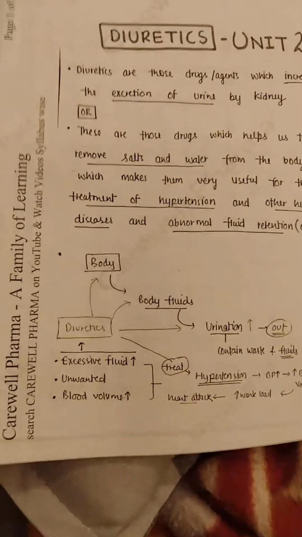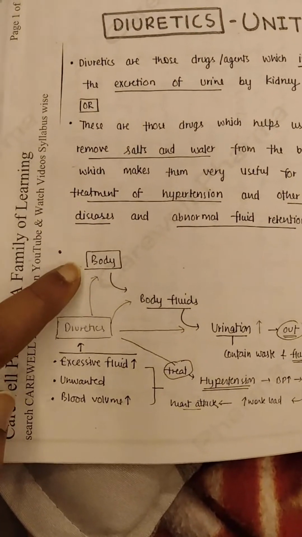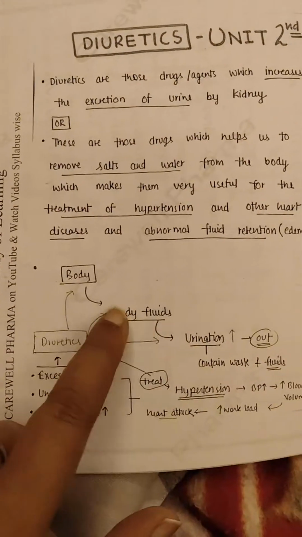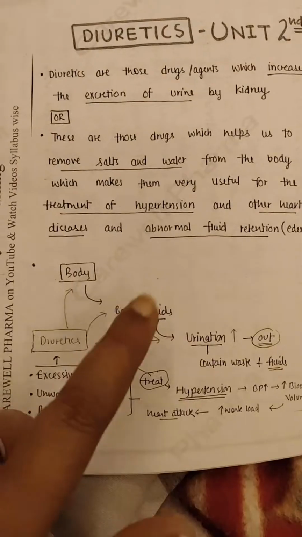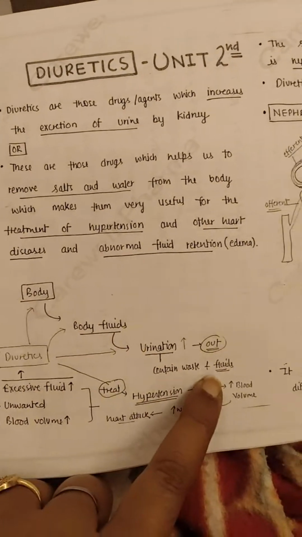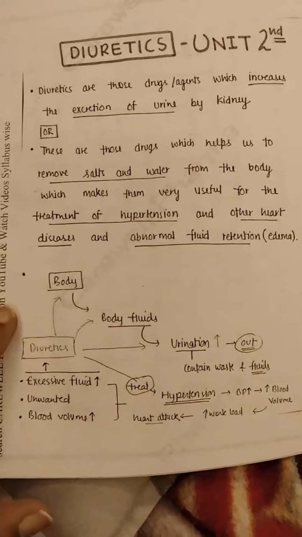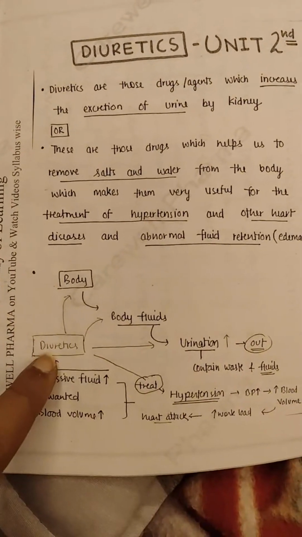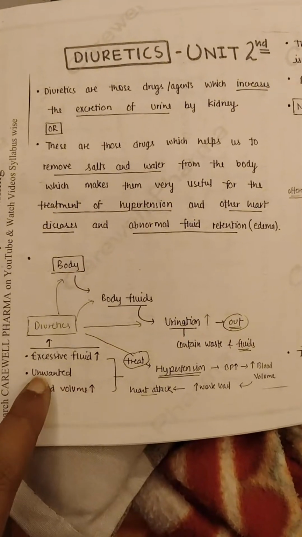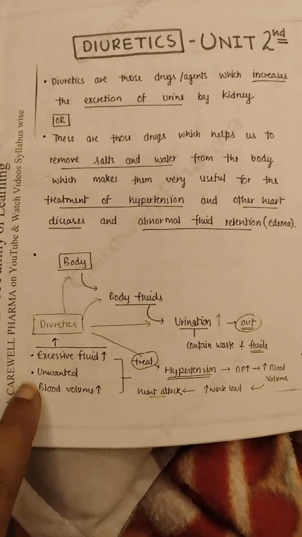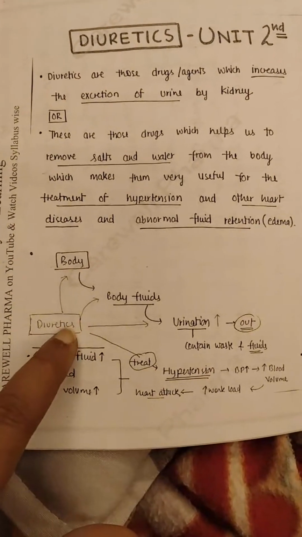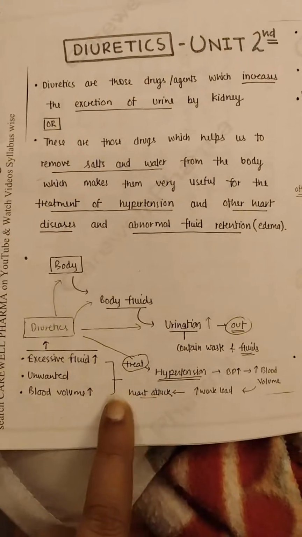Okay, so mainly here you can see this chart. If diuretics are not there, the body fluid will be reabsorbed in the body. Some of it will be excreted in the urine containing some waste and fluid, whereas if we take diuretics, the excessive fluid will be excreted. The unwanted excessive fluid, whatever is increasing the blood volume after taking the diuretics, will be excreted